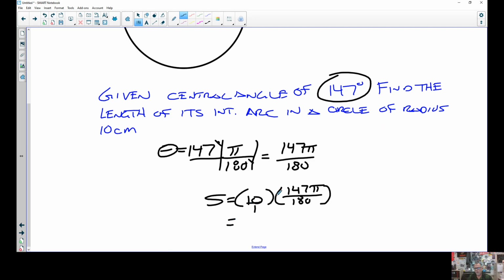And we think of this as 10 over 1. So this is 1470 pi over 180. We don't want it that way. They're going to want this to the nearest tenth. So let's see what that is. That comes out to be